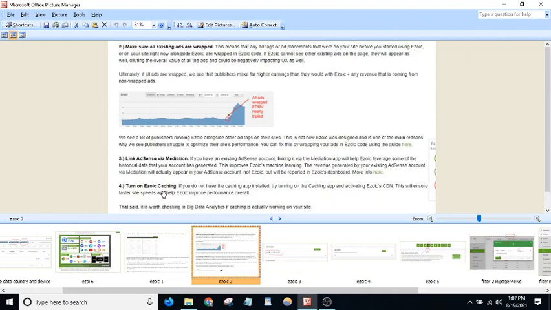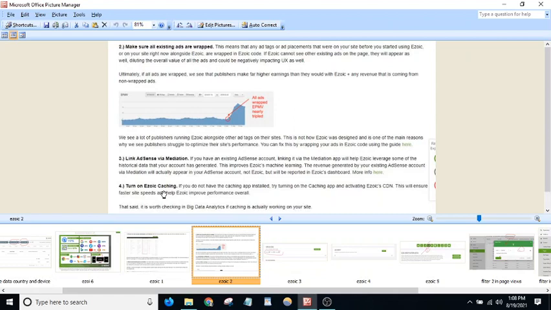So what caching does is it stores a static version of your website and shows that to repeated users, so your normal site won't get affected.